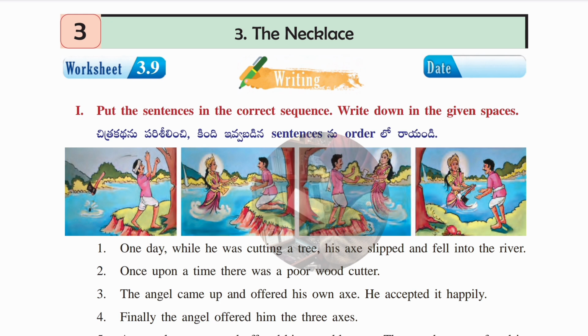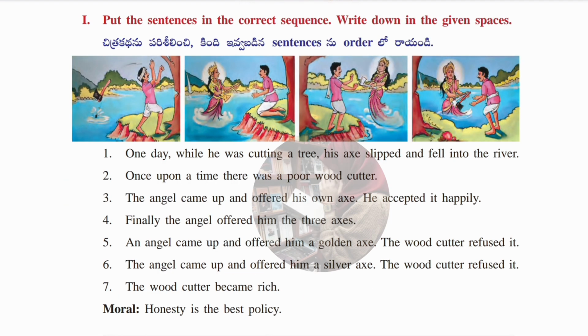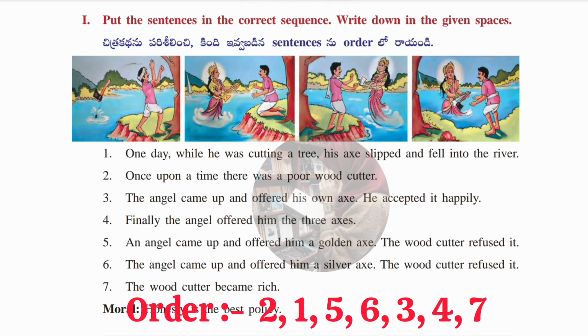Okay, then you have to read out the given sentences, seven sentences. Then you will be able to understand this particular story. After that, you have to scramble these sentences, means which sentence will come first, that sentence you have to write down first, then which sentence will come after this first one, that one you have to write down below the first sentence. Like that, you have to write down in order-wise.